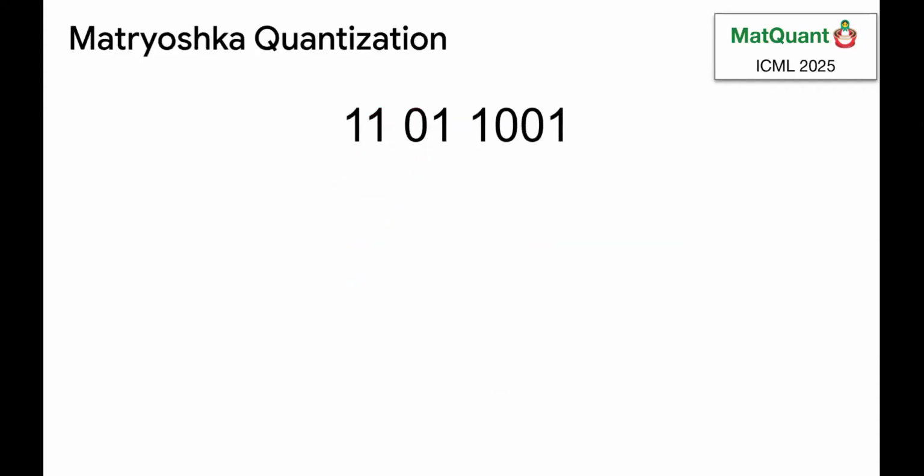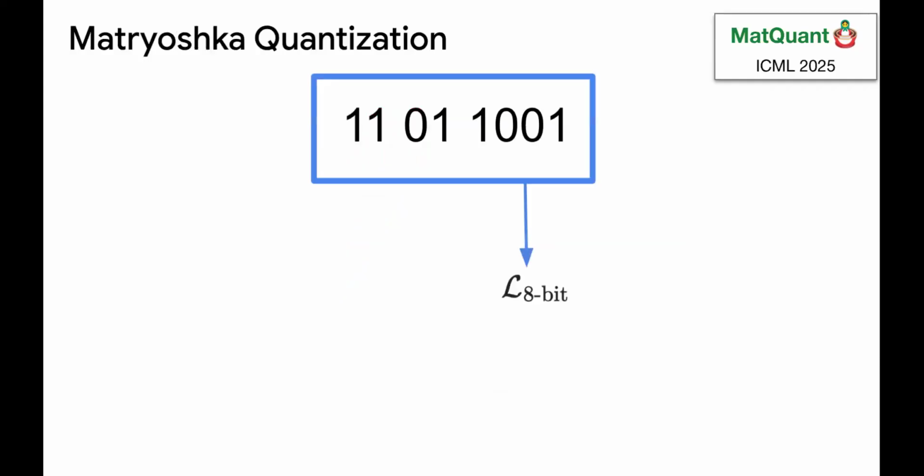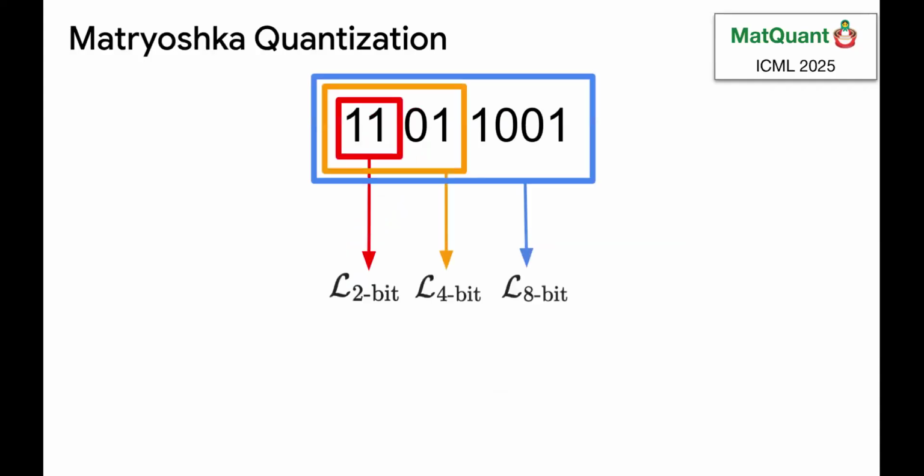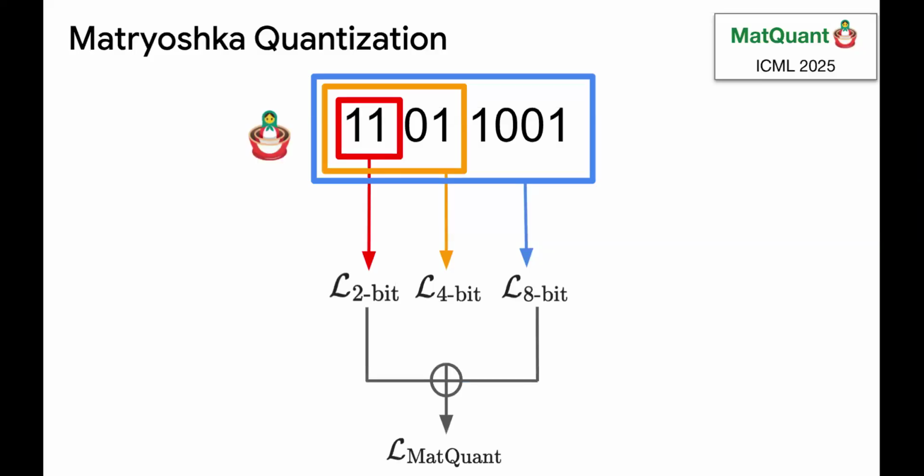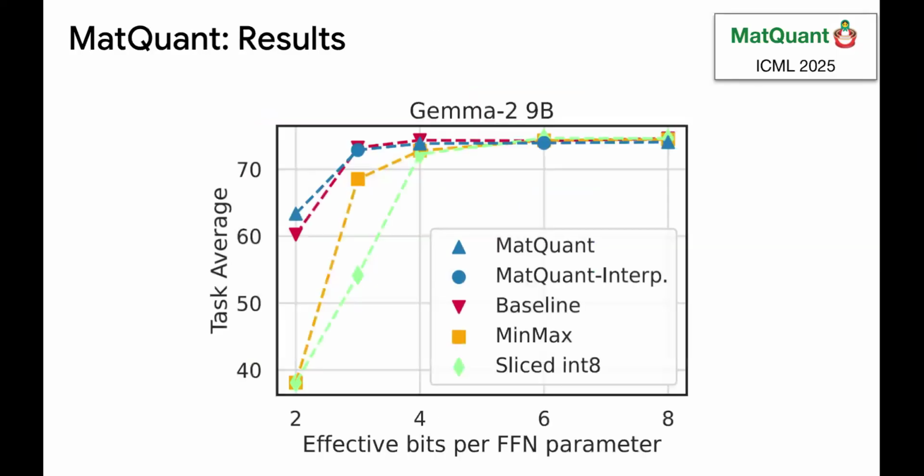So as with all the things we talked about today, that's pretty much it. So you have a model, you quantize it to 8 bits, slice off the first 4 bits, compute loss, slice off the 2 bits, compute loss. And it turns out this gives Pareto optimal for everything within 3 bits, and it gives a boost in the 2-bit, similar to what we saw in Matryoshka, about 3%.